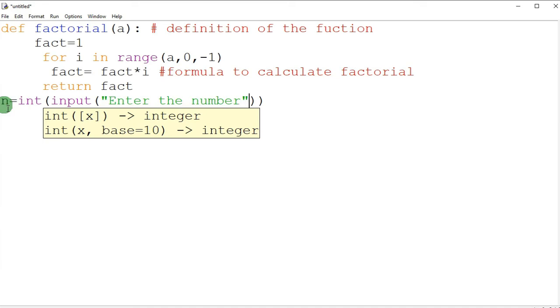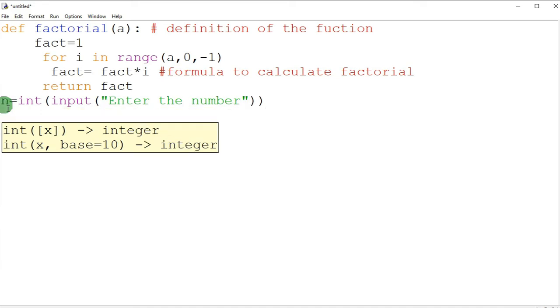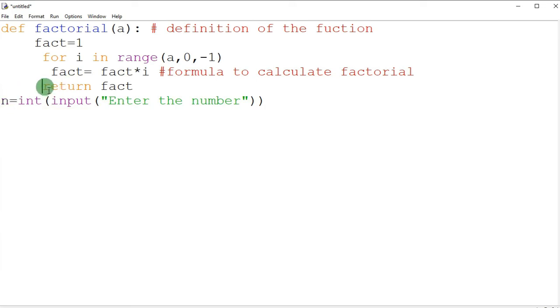And then this is the time to call the function. As I am using the return keyword here, I have to store the result in a variable, so I am taking the result variable. You can take any other name also, and then put factorial, which is the name of the function, and then pass the number which you have taken from the user.